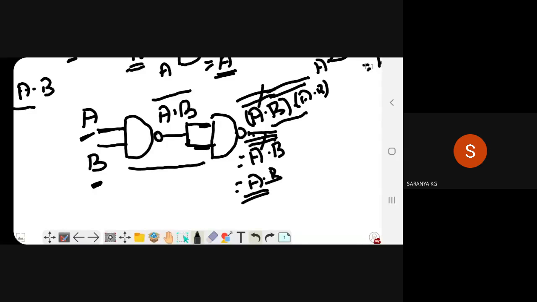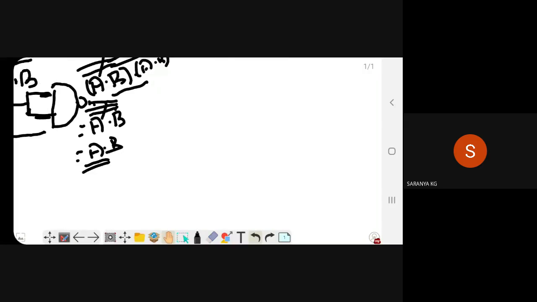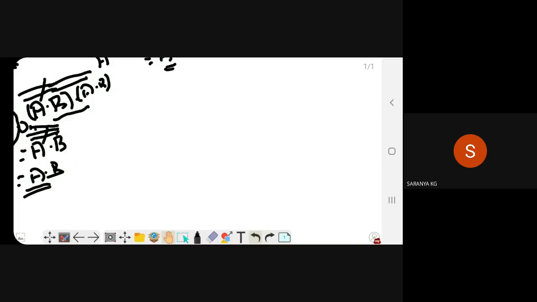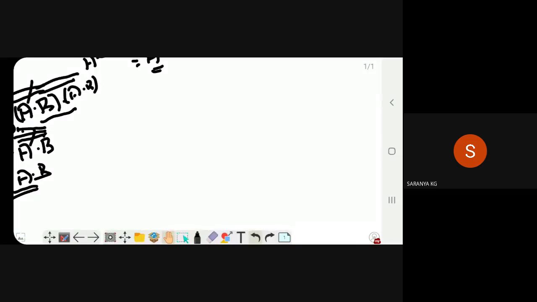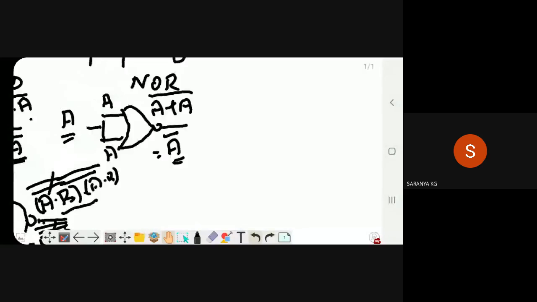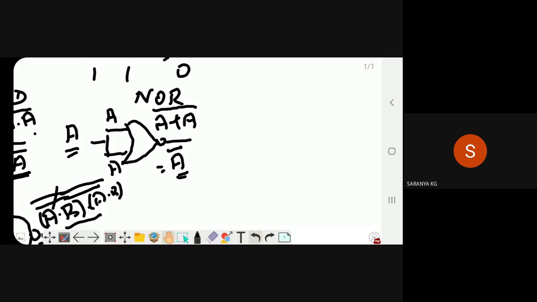The next one is the same AND gate. I'm going to implement the AND gate by using a NOR gate. So the symbol of NOR gate is this, this is the NOR gate.